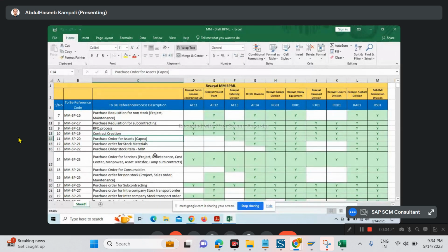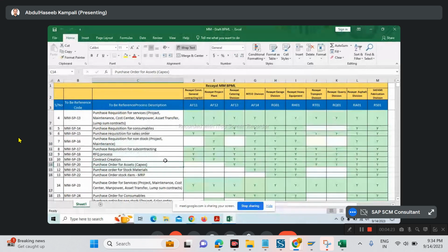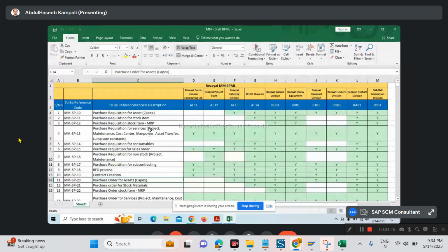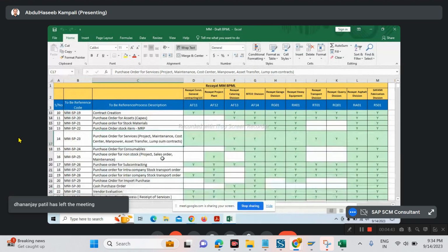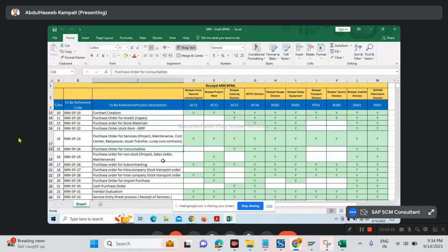We'll move to the purchase order process. Similarly, whatever PR processes we have defined, for them we'll have purchase order processes for capex, for stock material, and for whatever the recommendation through MRP, for which a purchase order is required. And there'll be purchase orders for services, whatever we identified here, for consumables, purchase orders for non-stock items, and purchase orders for subcontracting activity. For intra-company stock transfer